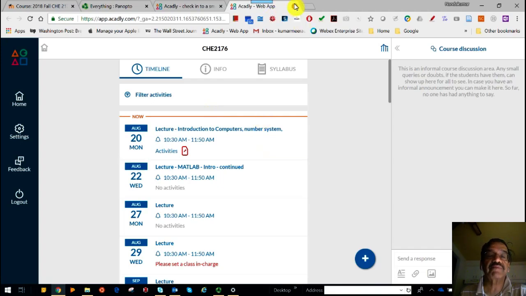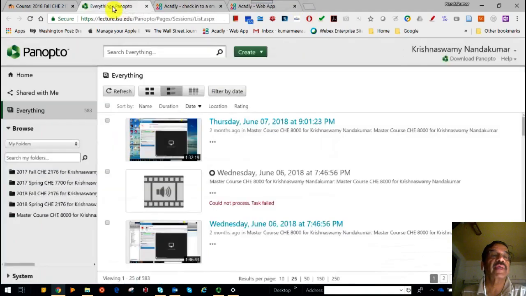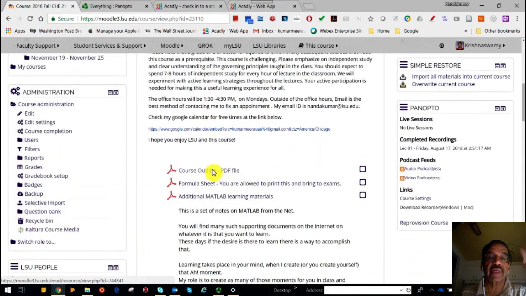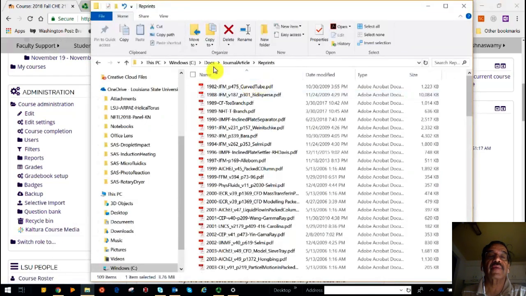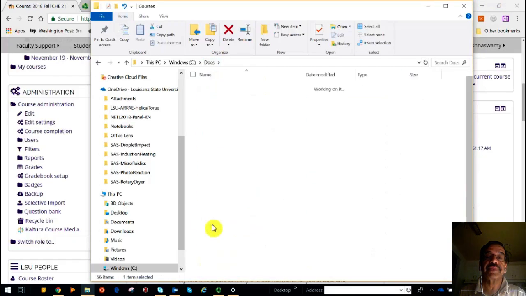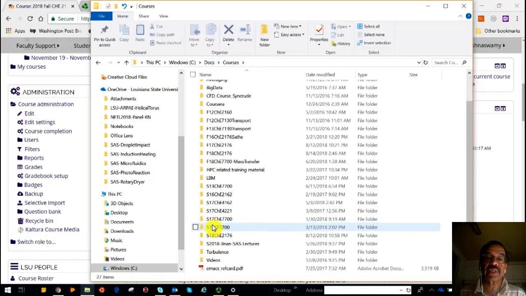So there are similar functions for both Moodle and Academy, but Academy has some nice interactive features for messaging each other and sharing answers to questions, etc. Okay, so we'll experiment with it and see how that goes. Let me open up the course content, the outline. You can click on it and download it, but I will open my version from my laptop and take you through some of the